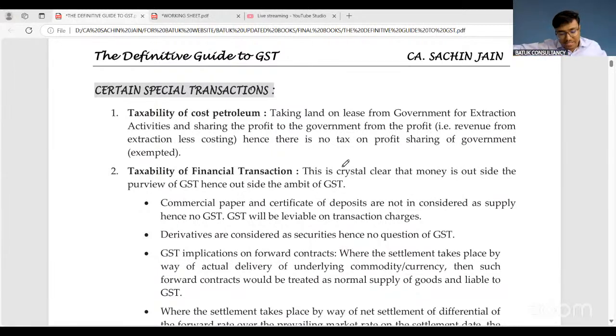Once we have decided this is a supply, then we have to work on supply of goods, supply of services, and for that purpose we have schedule number 2. And also there are certain activities or transactions which are not treated as supply of goods or services, that is, neither supply of goods nor supply of services. In that case also they have given a specific list. And also government has power to treat a supply of goods as a supply of services, or to treat a supply of services as a supply of goods.